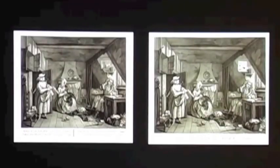But 4 years later, Hogarth wanted to include this image as part of a series he was developing on the arts. So he altered the image to fit in with his new series and changed the type at the bottom. It reads The Distressed Poet. He paired that with another print called The Enraged Musician, and he planned on a third print dealing with a